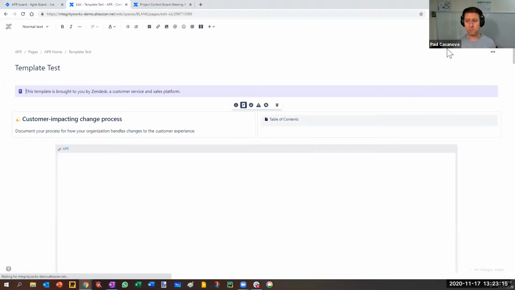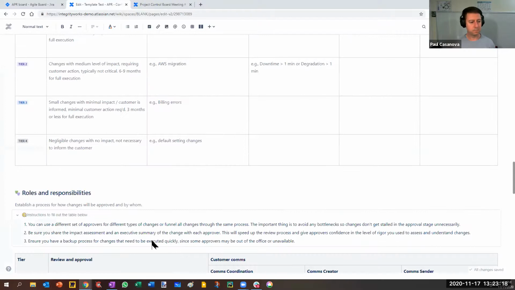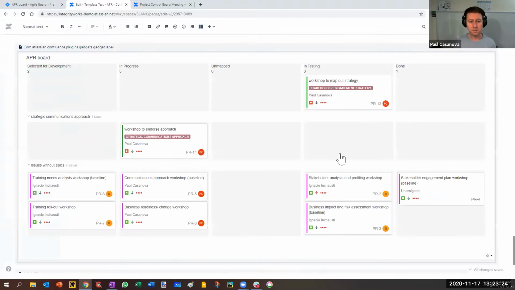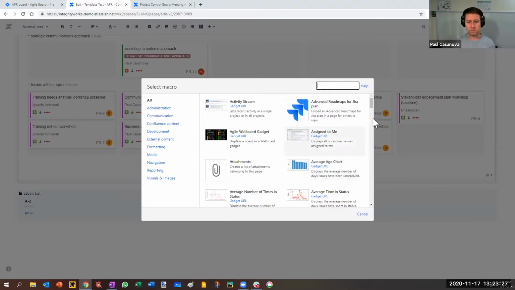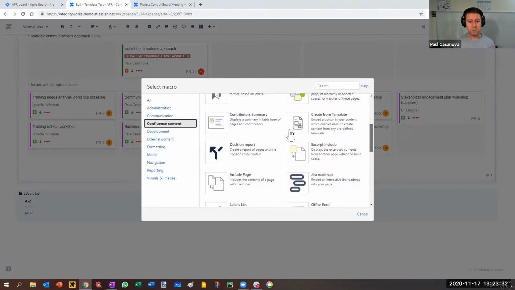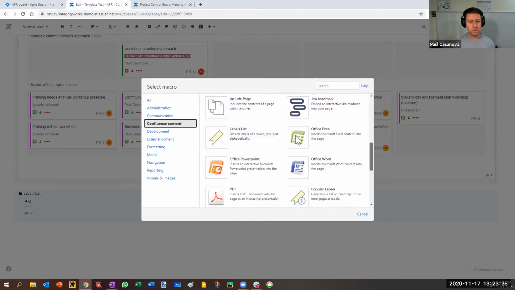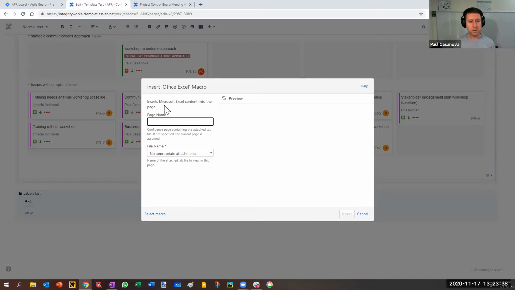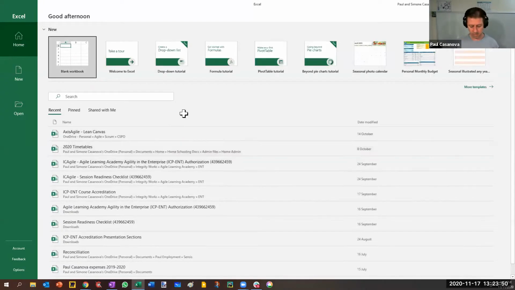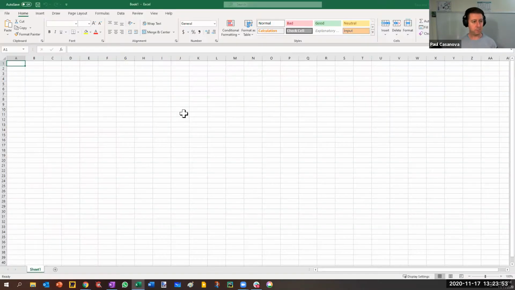All right, now if we go back down to the bottom of the page again. More macros. So, okay, we were looking at Confluence content before, and that was the labels list. There are some here. I wonder if they've changed this. They're actually going to deprecate some of these. So Microsoft Excel, if we go and create a new Excel spreadsheet, and we have some data here, row 1, row 2,